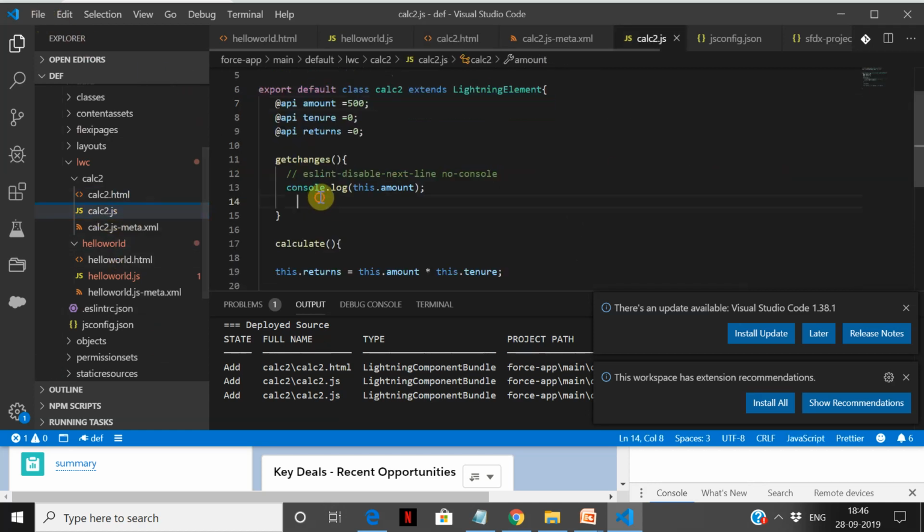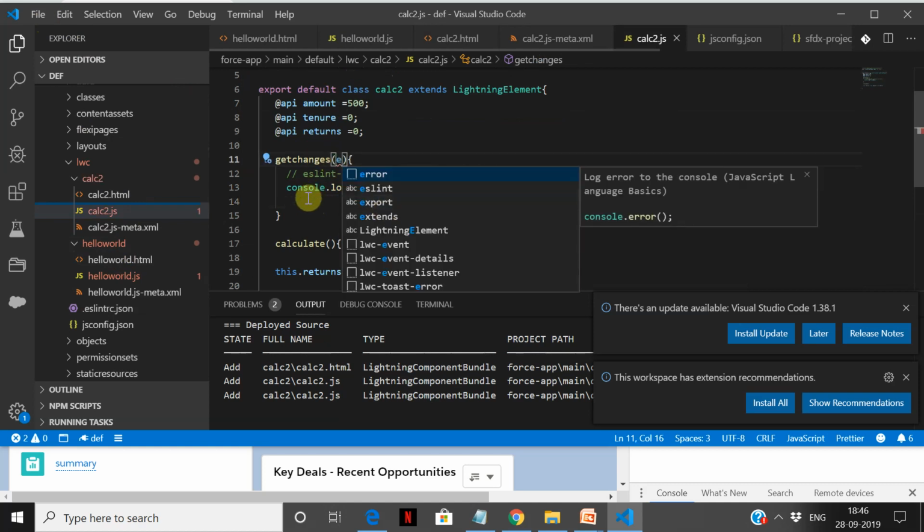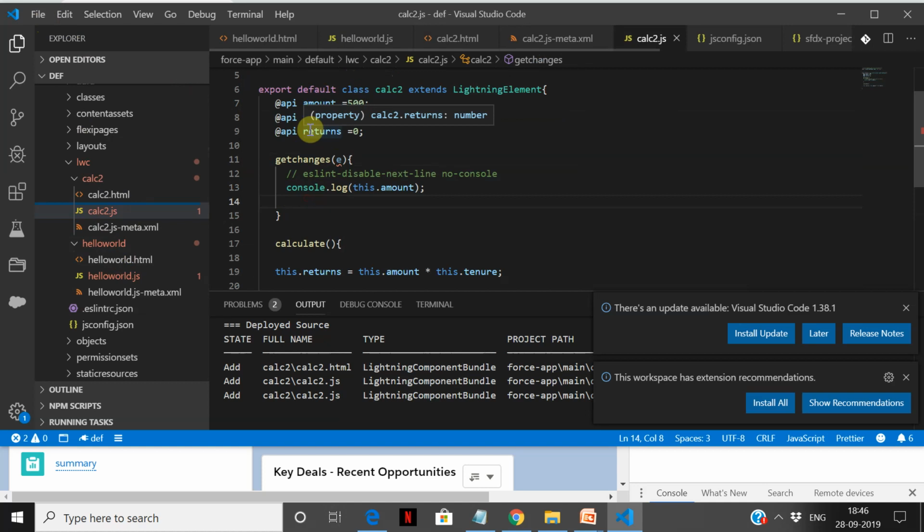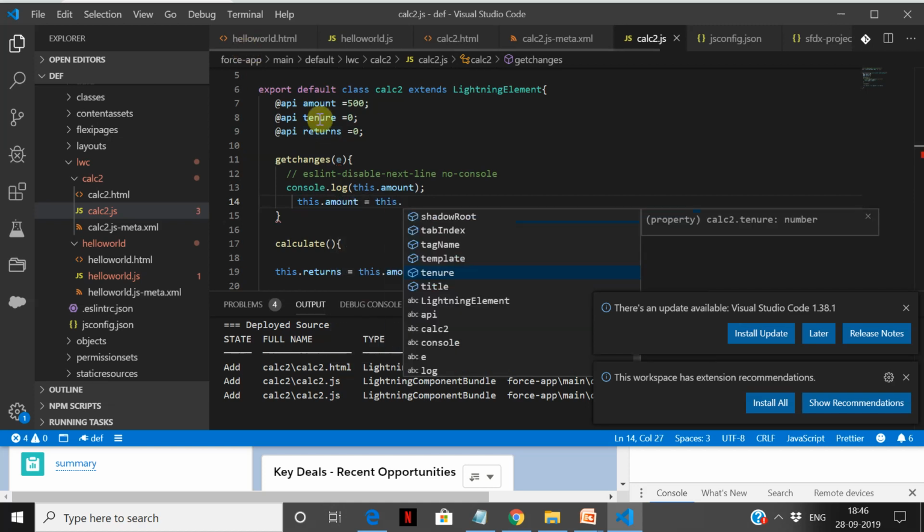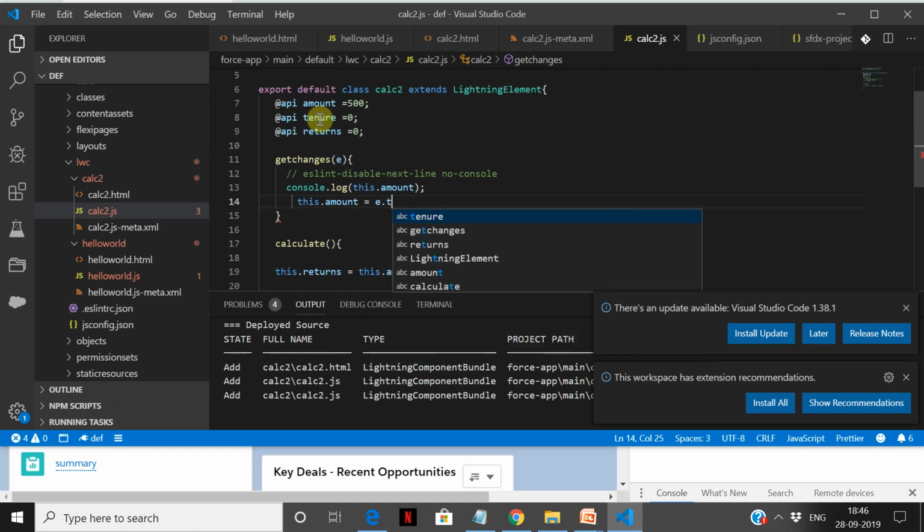Now let's go to the calculator.js and see the console.log of the parameter event. This is going to return the parameter. Here we have to explicitly get the value: e.target.